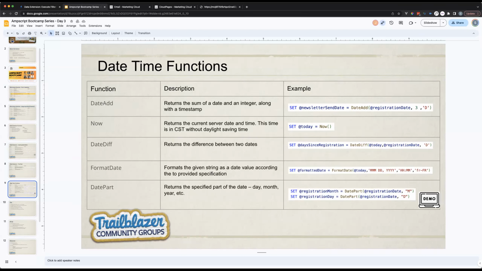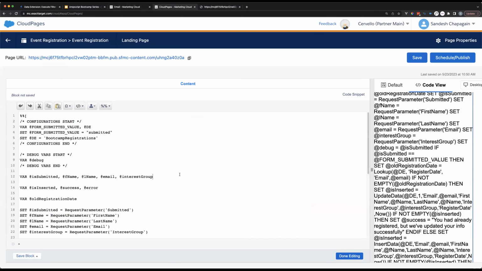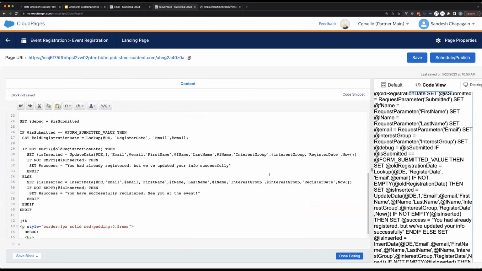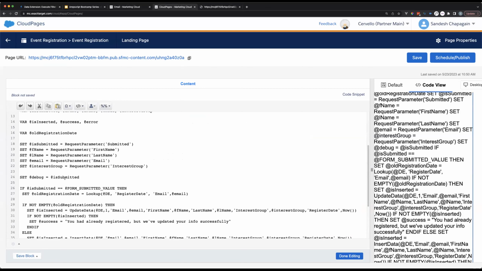So one question, instead of inserting register date with the now, can we use field with data type date and select default value, use current date? Oh, definitely. Yep, we can do that. Thank you. And the question, do we need to write set @register date equals to request parameter of, in parentheses and quotes, register date?